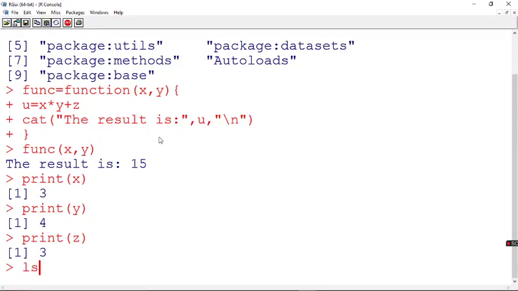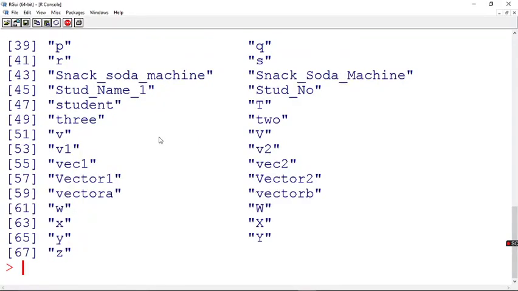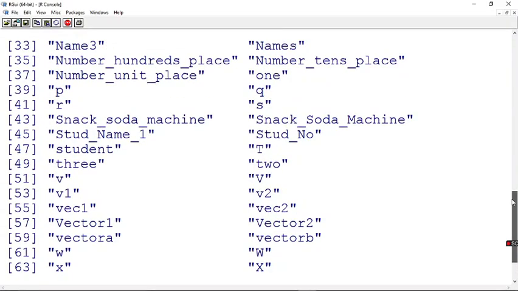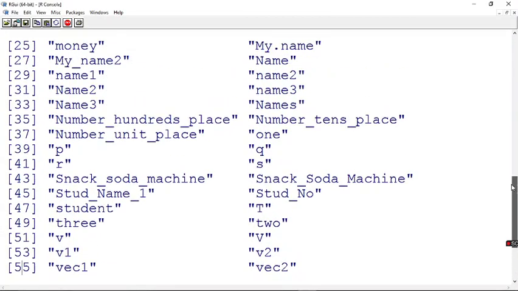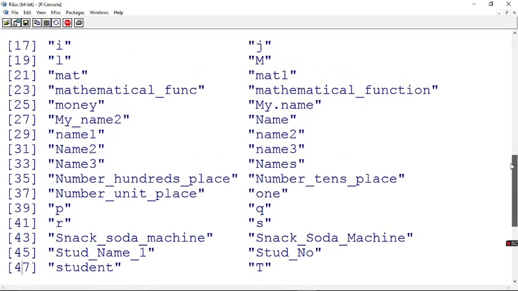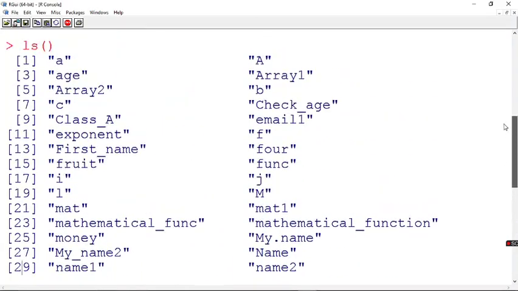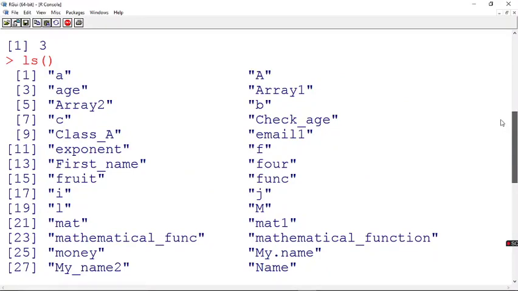Now let's see. I say ls. We know what ls is. It will display all the variables available in that particular environment in your workspace. Yes. Now you can see x, y, z are already created in your global environment, and all these variables are in your workspace, that is, in your global environment.